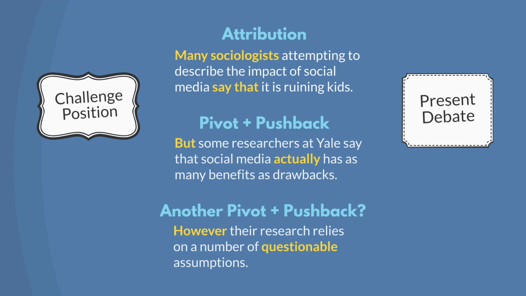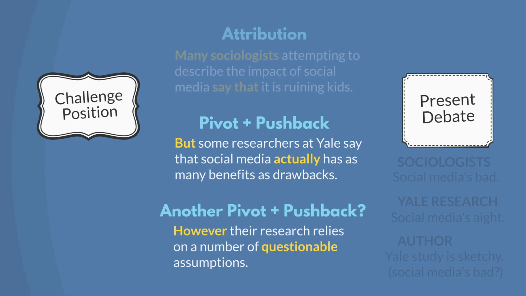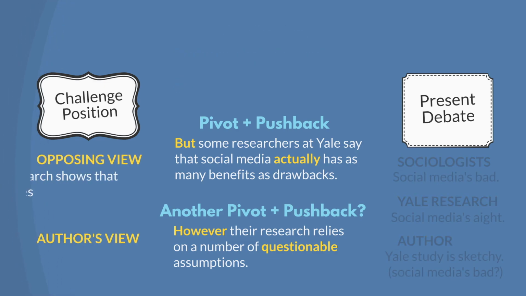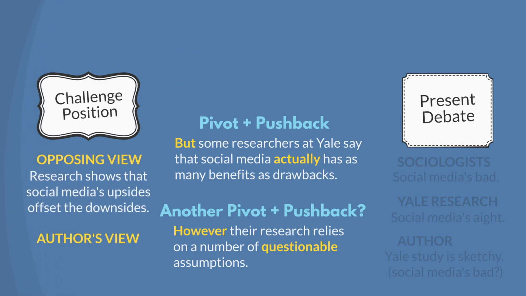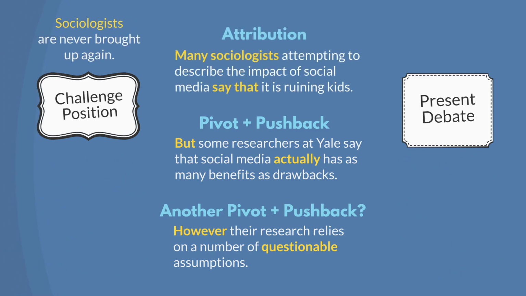So if you choose to emphasize the debate, then you're thinking 3 points of view, and the author seems to side with the first one. Whereas if you focused on the challenge position, you would just be thinking, okay, who is the author targeting, and what is the author criticizing or suggesting we should believe instead? The decision can be kind of arbitrary. It's really based on that first point of view. If it never shows up again, you might as well just call it challenge position. But if it shows up again, then maybe call it debate.